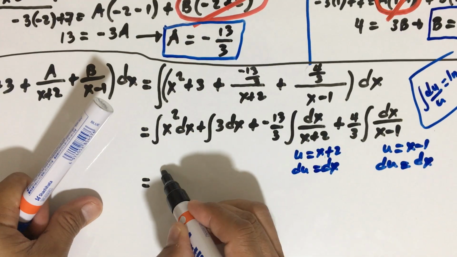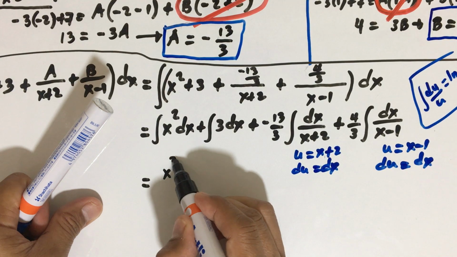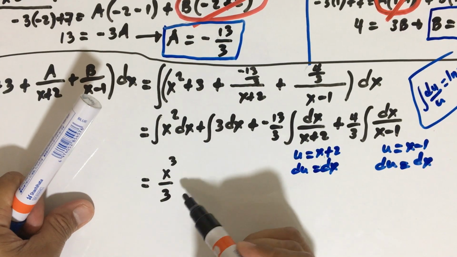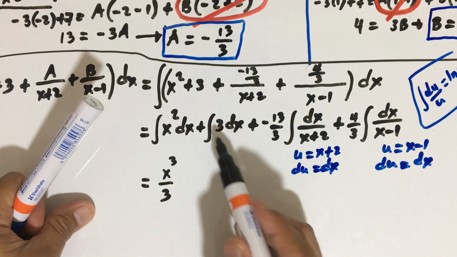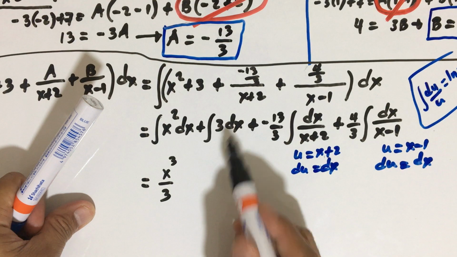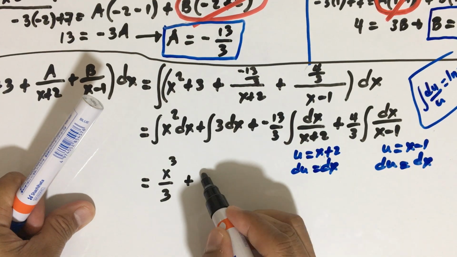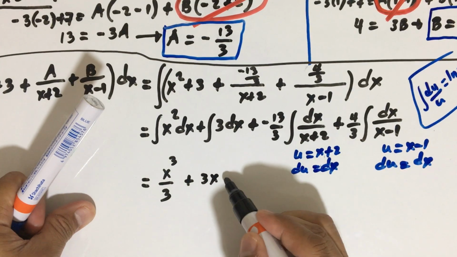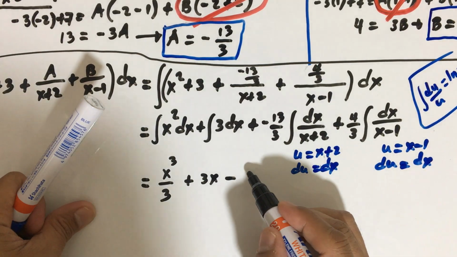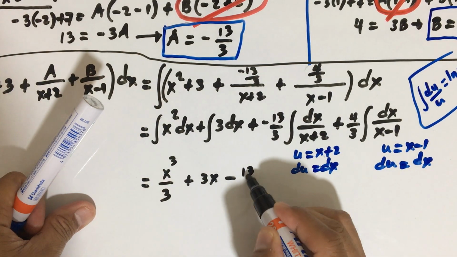Using the power formula, it becomes x cubed divided by 3. Then the second term, the integral of 3 dx: you can put the constant outside, and then integrate dx, which is equal to x. So this is plus 3x, then minus 13 over 3,